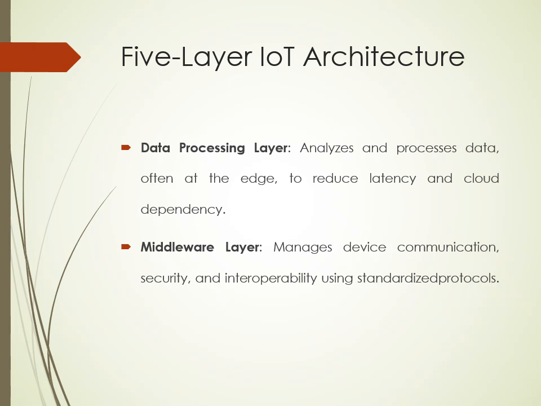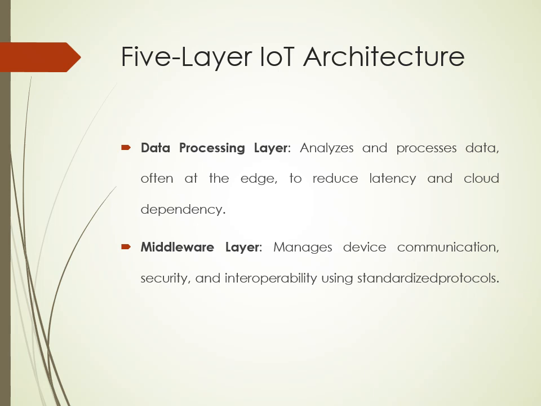The data processing layer is used to analyze and process the data, often at the edge, to reduce latency and cloud dependency. Whereas the middleware layer is responsible for managing device communication, security, and interoperability using